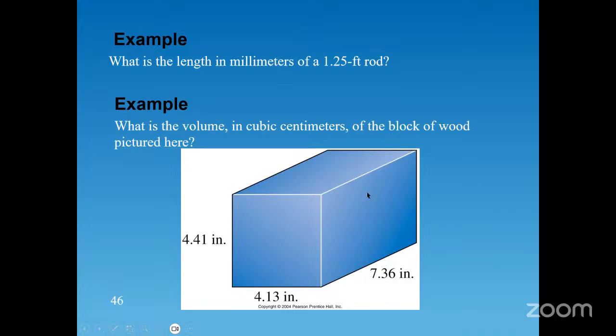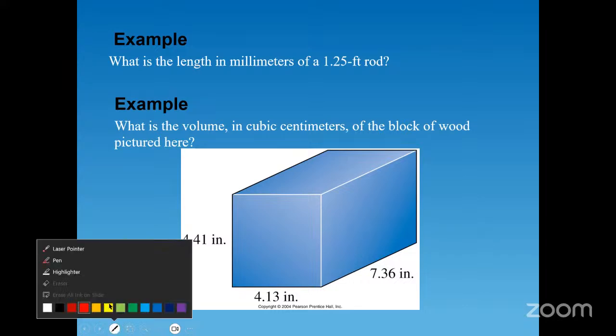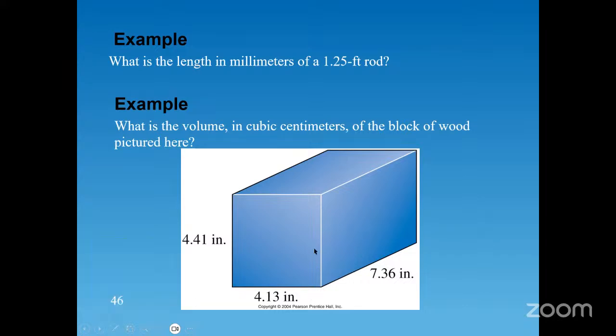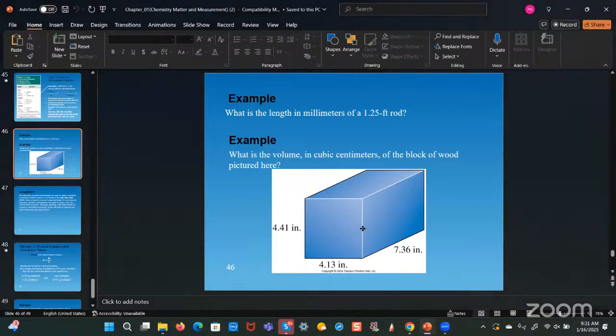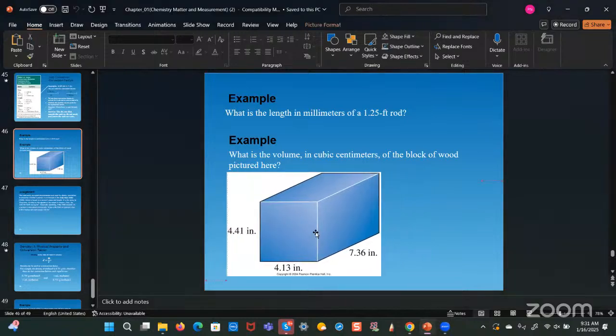All right. So we're going to do this problem where you're given this block of wood, you're given the dimensions, and the question is asking what would be the volume in cubic centimeters, right? Let me see if I can squeeze the answer beside it. Oh, you know what? Let me move this to the side, and I'll do the answer